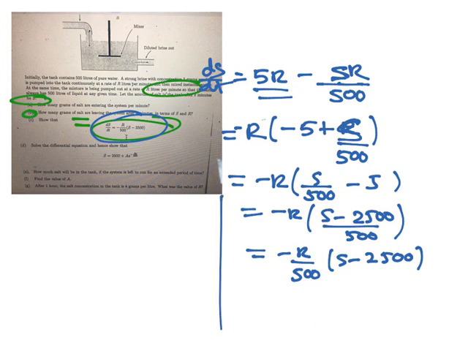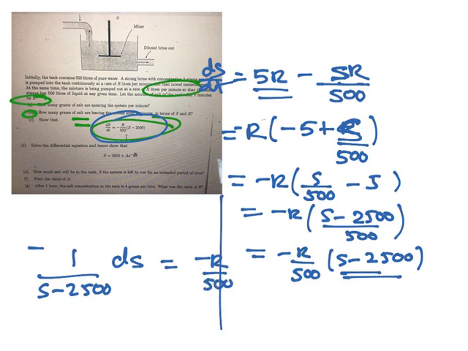Going on to solve that differential equation then, you just have to split it and put the R's together. The R is a constant rate and the S is actually your variable. So you'd go dS 1 on S minus 250 equals minus R on 500 times dt, and that's what you'd